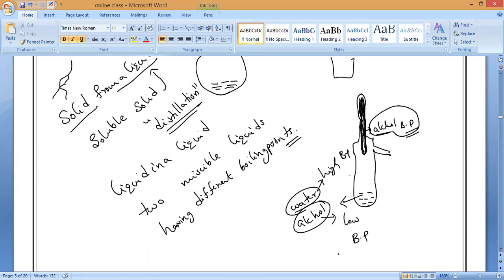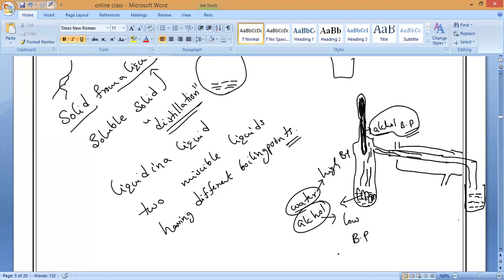Boiling point of alcohol. So water will never evaporate. Water will keep on heating only. But the temperature of alcohol will reach the boiling point, so that alcohol will form fumes. The fumes will be passing through the what? The fumes will be passing through the what? Condenser. Water condenser. So that water condenser will cool it, so that I can obtain the alcohol in where? I can obtain the pure alcohol in the beaker, and so I can separate the alcohol.